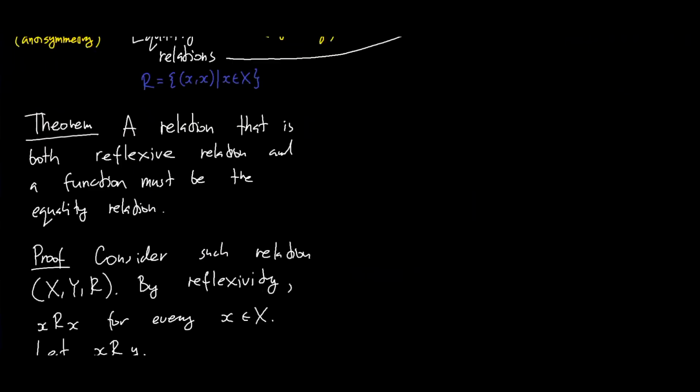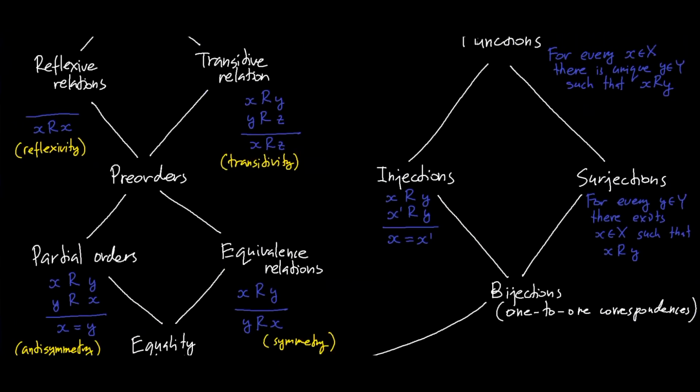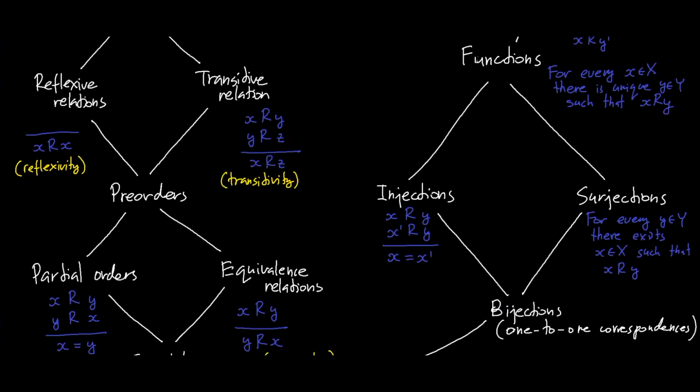Now, the reason why I wanted to show you this theorem is to show you that these two wings, this wing and the other one, they're kind of very far from each other. They don't like each other too much. The only thing that's in the overlap is